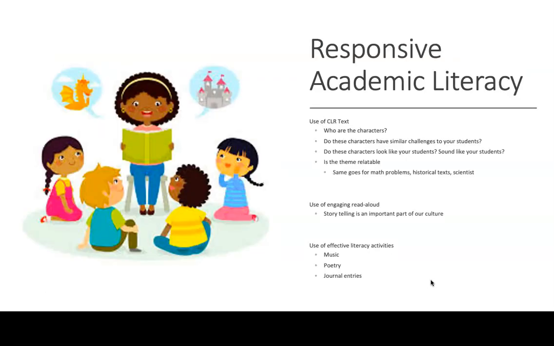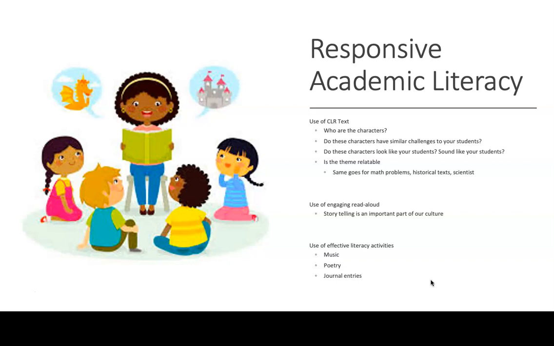Another way you can make your classroom more culturally inclusive is by including responsive academic literacy. So what does that mean? That means when you choose a text, and it doesn't matter what you are teaching, you could be using word problems in math, you could be teaching very specific things that are happening in history, you could be creating problem-based learning in your science classes, or giving word problems in your science class or certain scenarios,